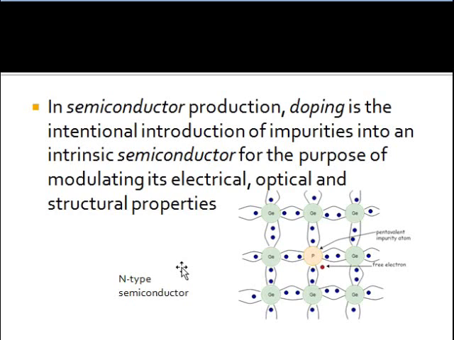But how are these semiconductors formed? Very first, you should know what doping actually is. If you have a semiconductor in its pure form, it will not be applicable to any electronic work. That means it will not allow electricity to flow through it.